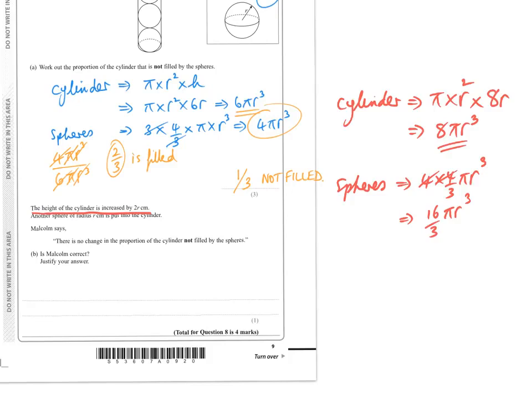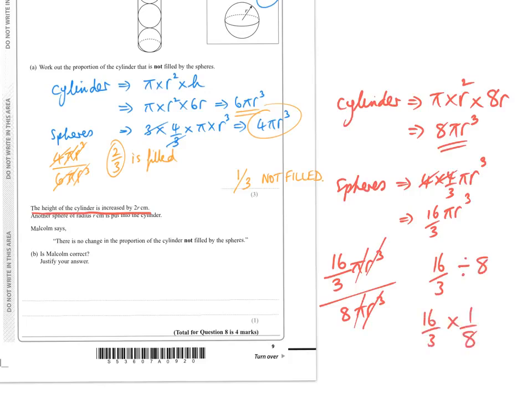So we would have 16/3 pi r cubed, and here we'd have 8 pi r cubed. So these would cancel, and we'd have 16/3 divided by 8, which is the same as 16/3 times 1/8. You can do all this on the calculator, by the way, just this fraction part, and we'd be left with 2/3 filled, and so again